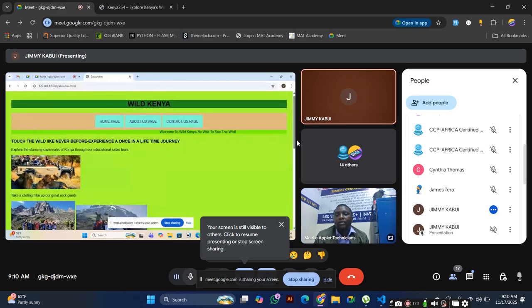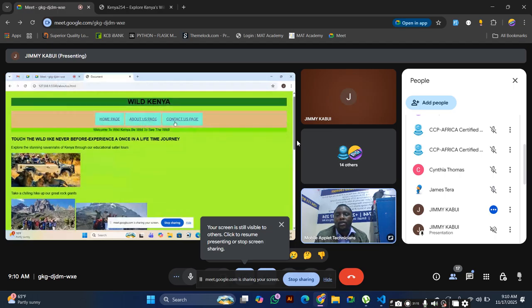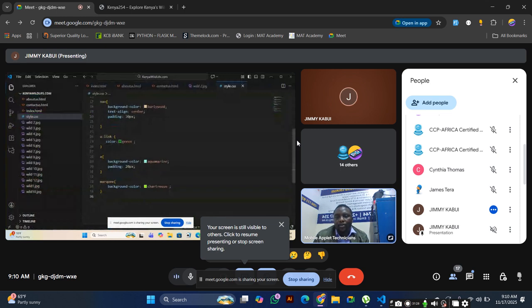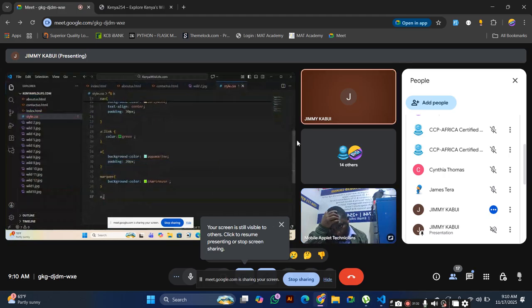Can you hover the mouse on top of any of those? It's not changing color, meaning you did not work on that. Go back to your code. A on hover, you don't have a colon hover.